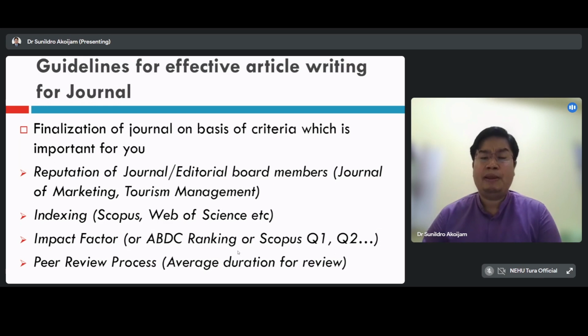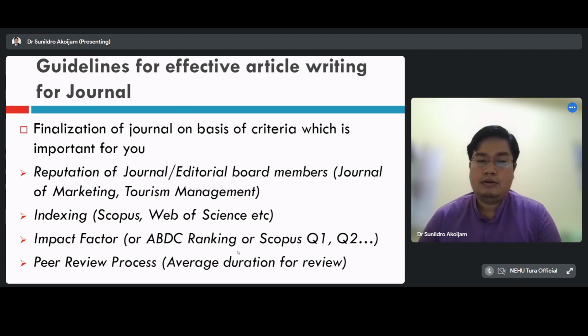And the third important thing is the impact factor. Okay, you must know the concept of impact factor, so let me not discuss it here, but when you decide the quality of a journal, you consider this an important point. And here we are talking about the impact factor that is calculated by the Web of Science company, or maybe now we call it Clarivate. Okay, there may be so many agencies which give an impact factor, but here we're talking about the impact factor given by the Web of Science company, or let's say the Clarivate company. Okay, the higher the impact factor, the better the quality of the journal we normally presume.